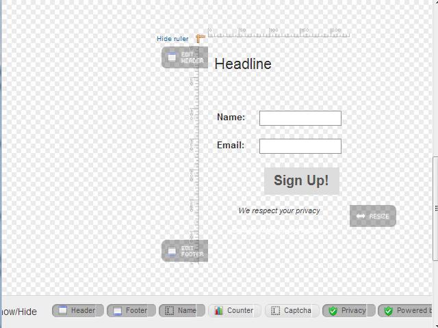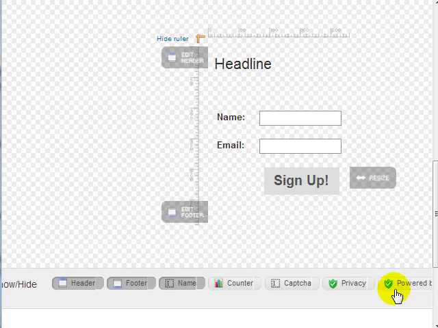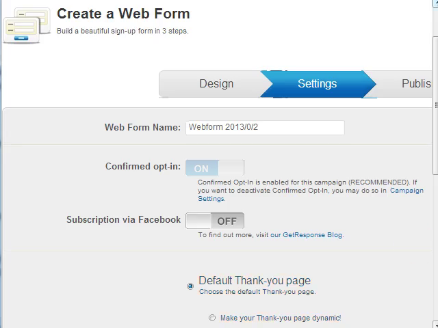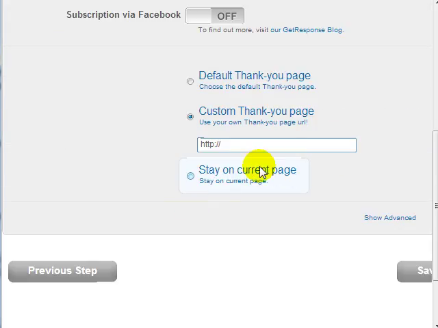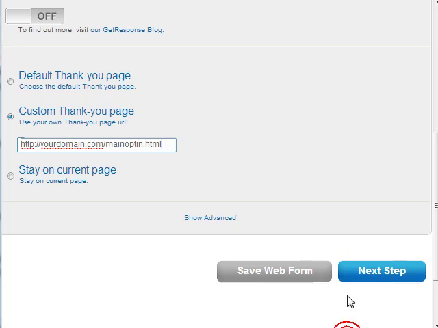And of course, go ahead and edit this. Then the only thing you need to know is that at this point, when you create your web form, if you click on custom thank you page, then you can basically enter your domain.com/mainoptin.html, save web form, click on next, and then get the code,